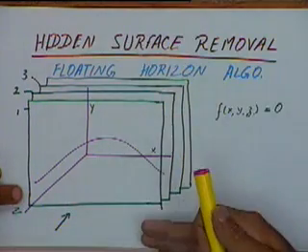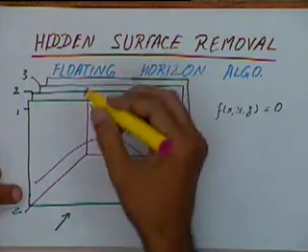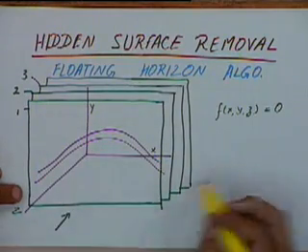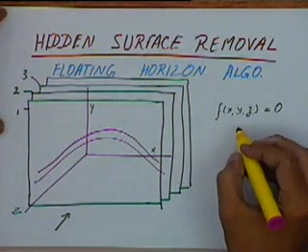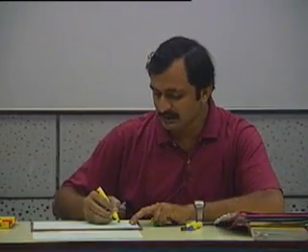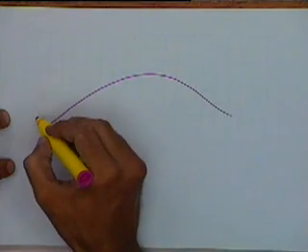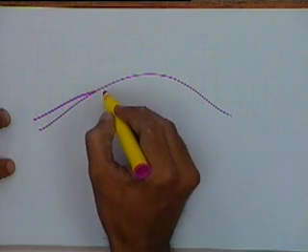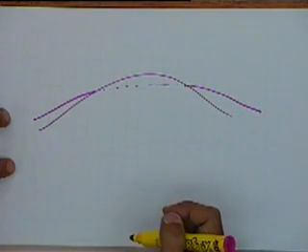Then we take the intersection with the next plane, the one that is slightly behind. If the next intersection comes something like this, we can draw that again, and this way we will keep taking successive planes and their intersections with this surface. Now, if we have a situation in which the first curve that we draw is a curve like this, and the next curve that we get intersects this curve, that means the first goes like this and intersects it here and goes on further.